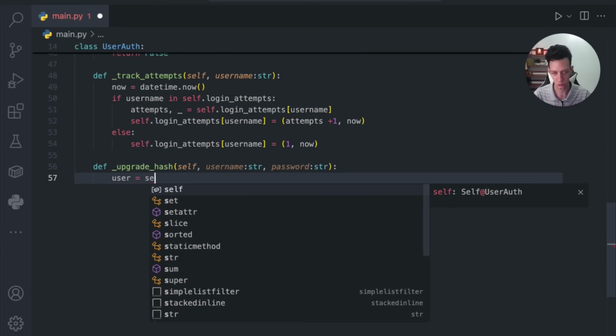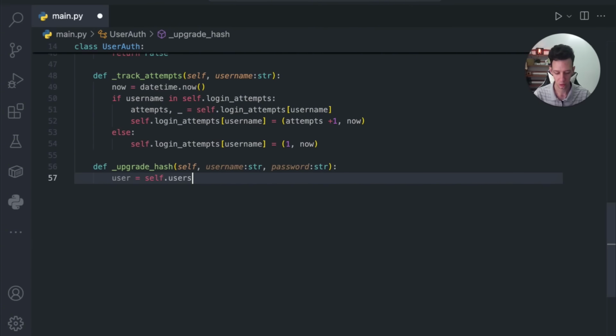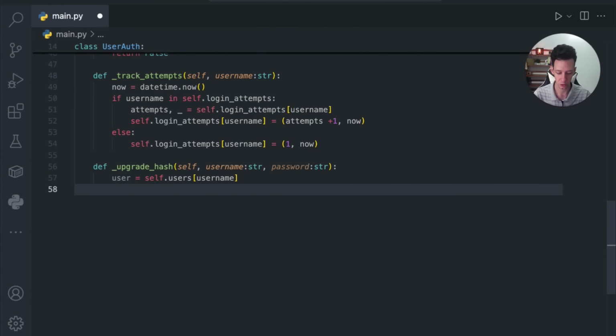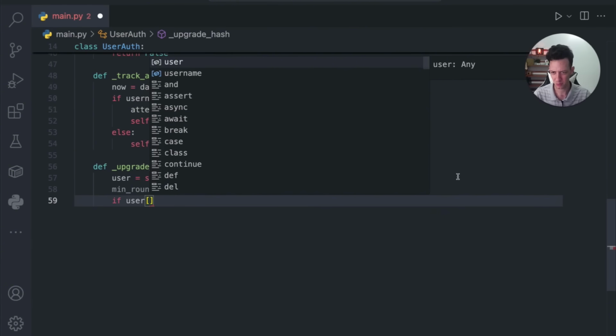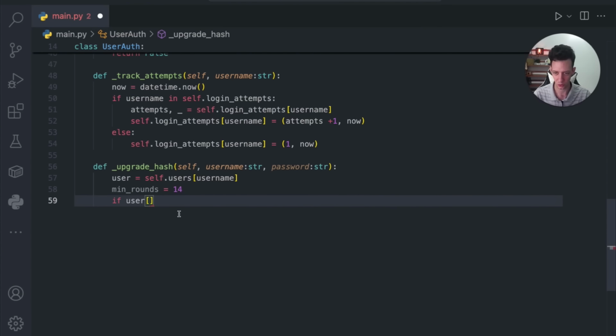This is just going to take a user, and we're going to say self.users accessing the username. So we're taking a single user from our dictionary, and this time, let's just say minimum_rounds. We set the standard rounds originally to 12. I could just update this to 14 now. So over time, when this is called, it's just updating it to more secure. So if user, that should be my dictionary, this is a sub-dictionary, let's get our password hash rounds, if less than 14, minimum_rounds,